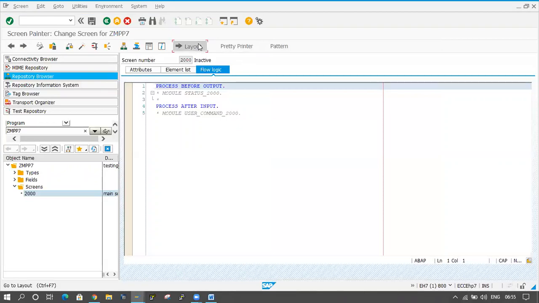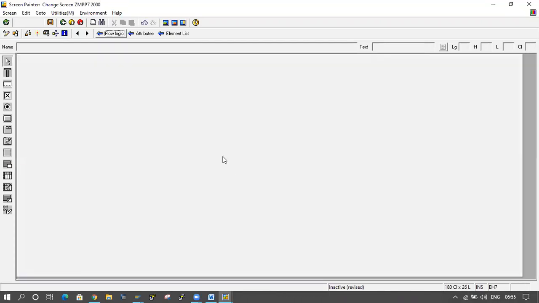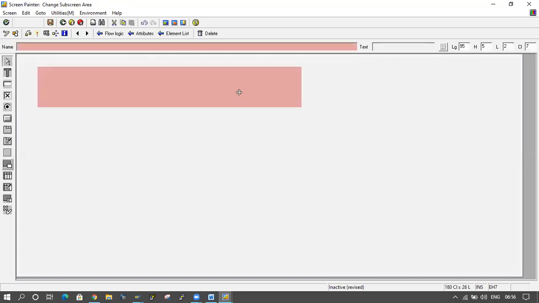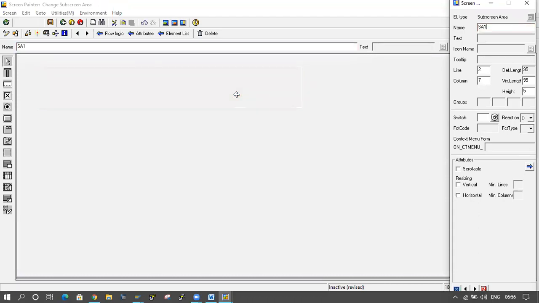Okay, so I'm clicking on layout one more time. So this is the screen. In this screen, first of all, I have to take a subscreen area for select options. The subscreen area name is SA1, subscreen area 1.